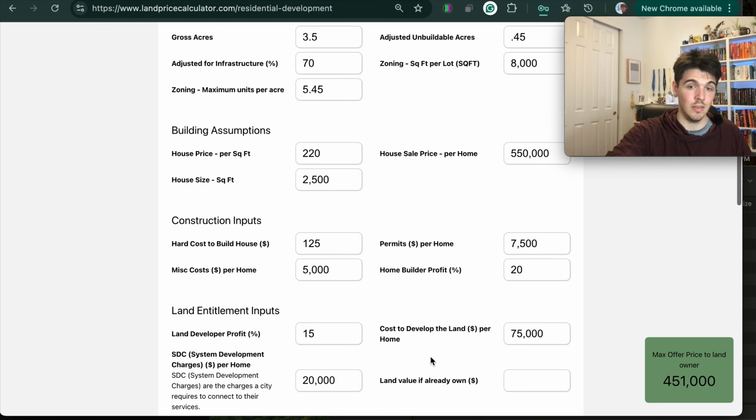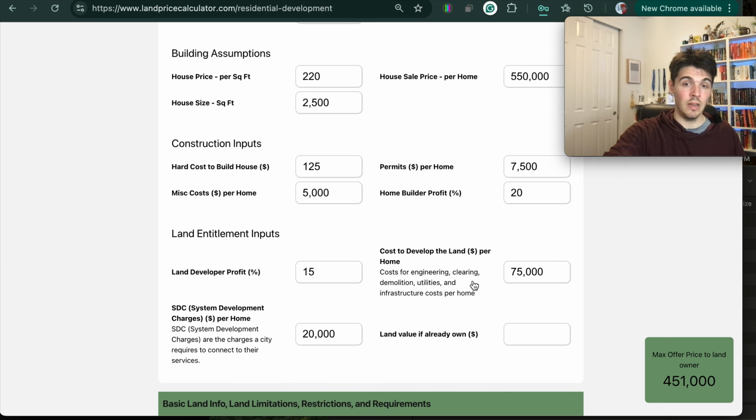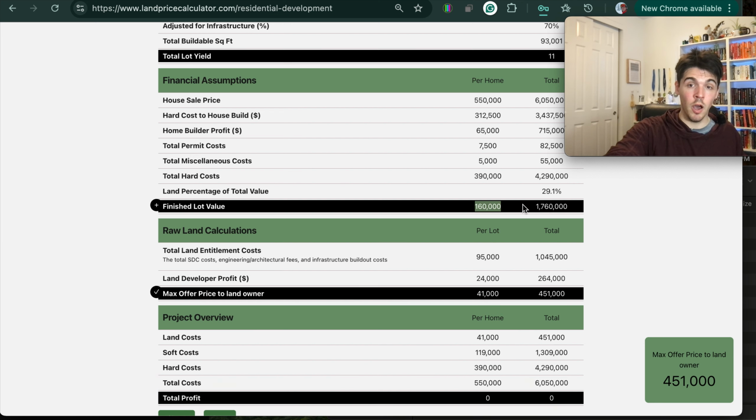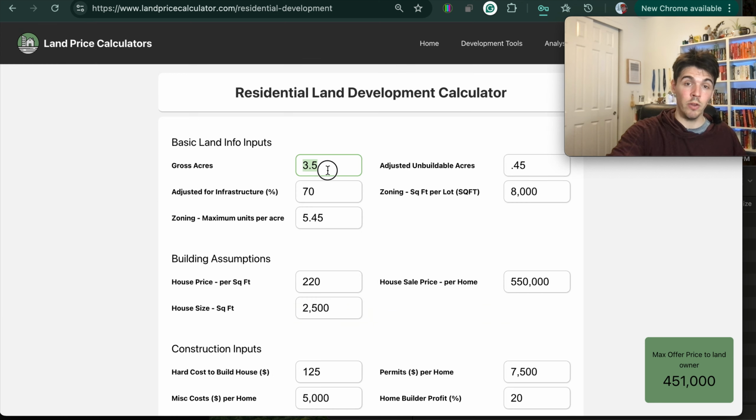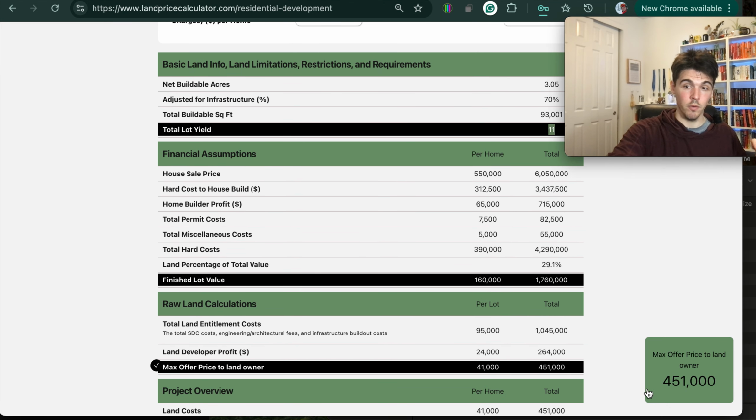And that is this input here, your total cost to develop per home. So that's engineering, clearing, demolition, utilities, infrastructure per home. Now we started with $160,000 for the final value of the lot. We took out our entitlement fees and the land developer profit per lot, leaving us with the max offer for each of those 11 lots of $41,000. Multiply that by 11, you get $451,000. For that 3.5 acre lot, we can get 11 houses on it, and you should offer at most